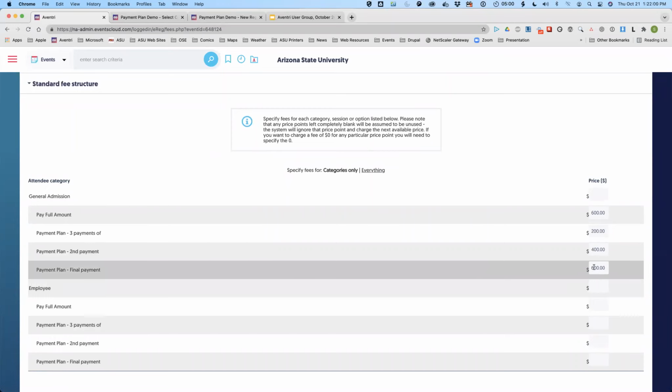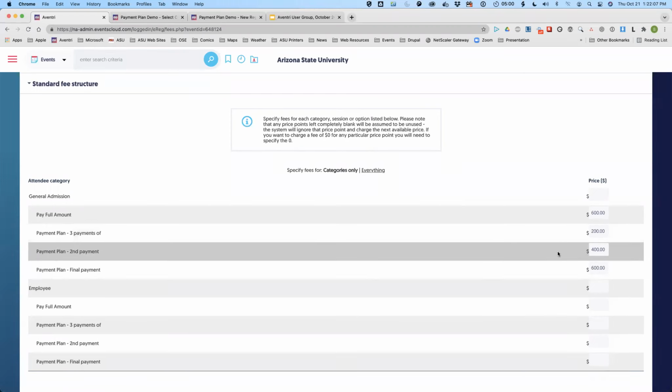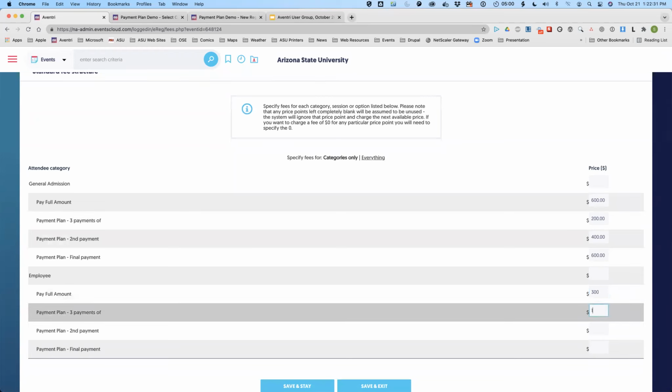Well, I want the full amount, because what's going to happen is Aventri is going to know, as I start switching categories on folks, how much they've already paid. So when I send them the invoice or the email to say it's time for your second payment, Aventri will be able to tell them you owe this much as your balance. Okay. So for the employees, let's do just because the math is easy.